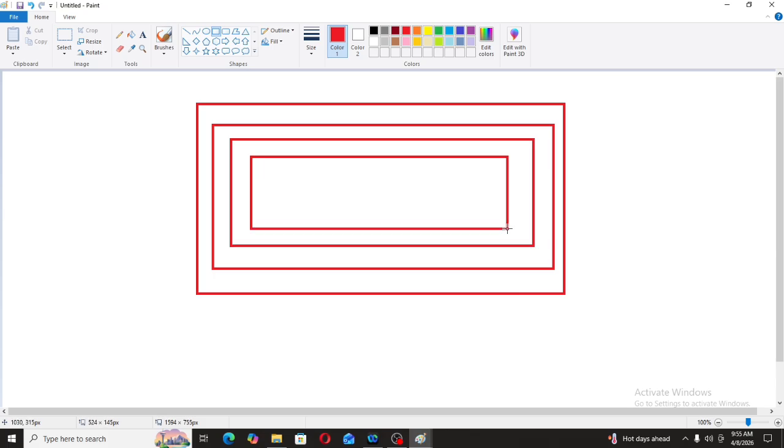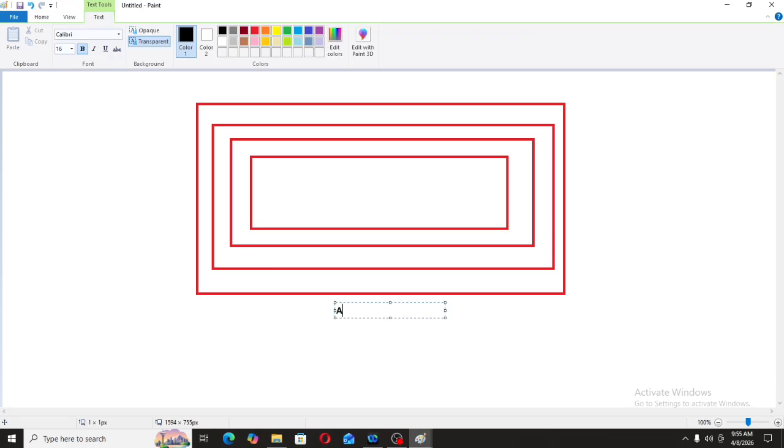The first layer is the AWS layer. Then the second layer is the region.